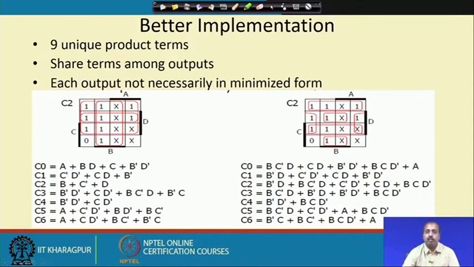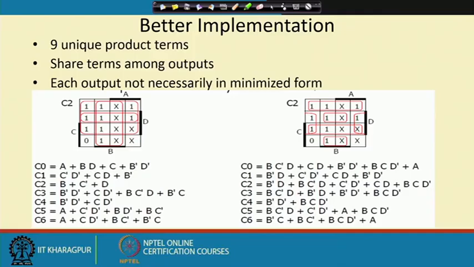Okay. So, this is actually a combinational logic minimization problem, and for multiple outputs, this is a very difficult problem in fact, and there are many CAD tools that are available which do this type of optimization, where it tries to share terms between the logic functions to get the minimum number of product terms for the whole function. Whatever minimization technique we have learnt using Karnaugh map and all, they are for single output functions. Whenever you have multi output functions, then there is a goal to share the product terms between outputs, and this is one such example where we see that if we group in a different fashion,